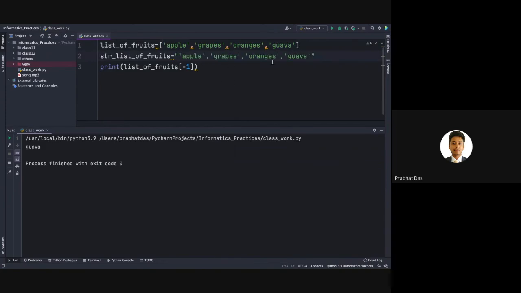So what if I pass str list of fruits, and within square brackets I pass 2? We should be able to get grapes because the second element is grapes, but we're not getting that, right? Because for every individual character the values are stored as the corresponding index numbers. That means for every index number we have a corresponding character assigned to it.